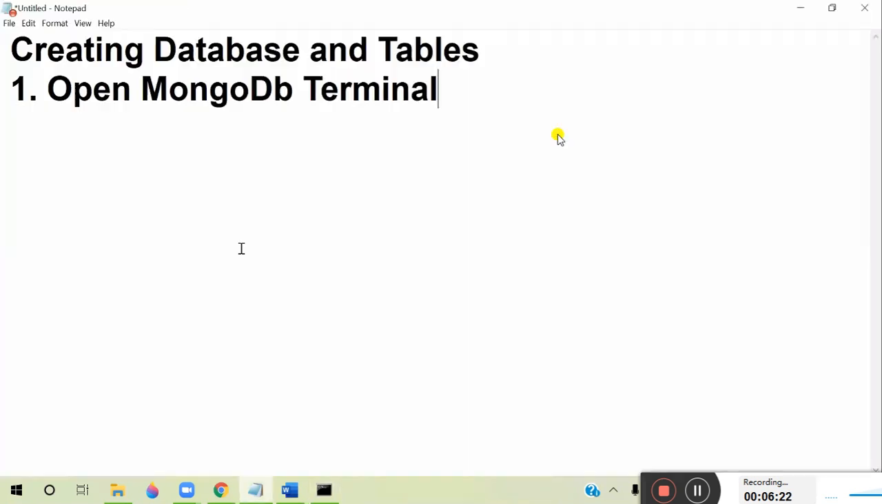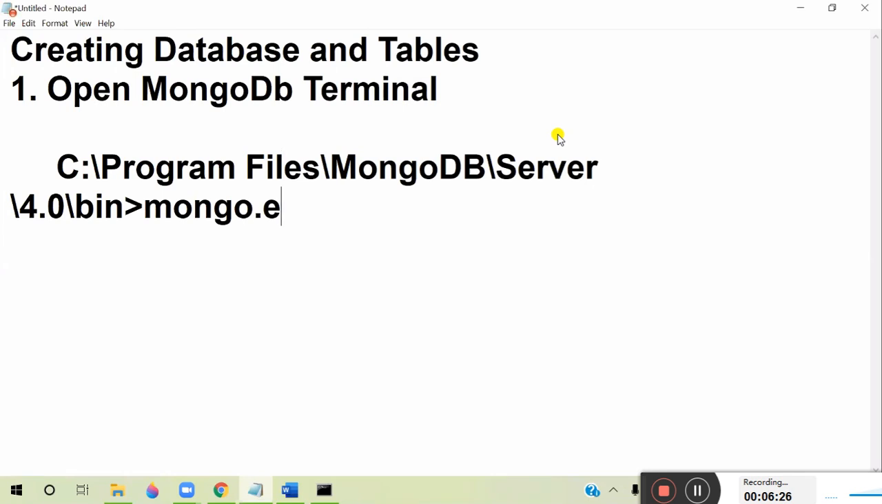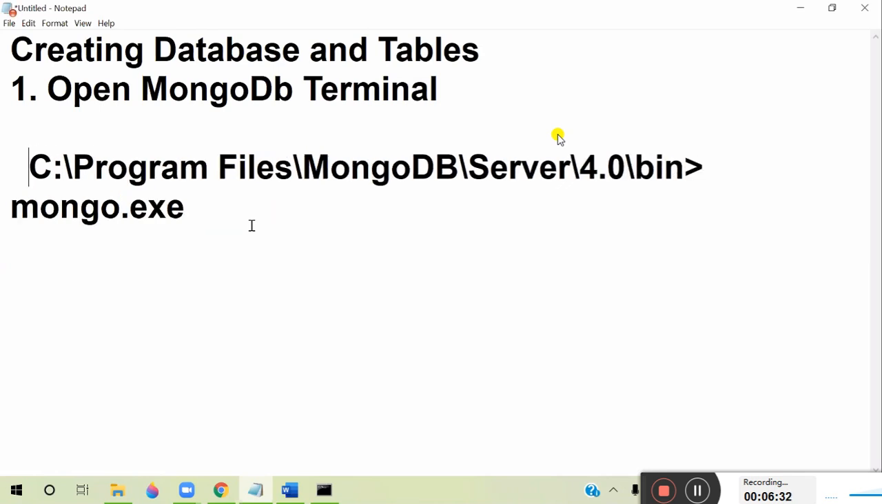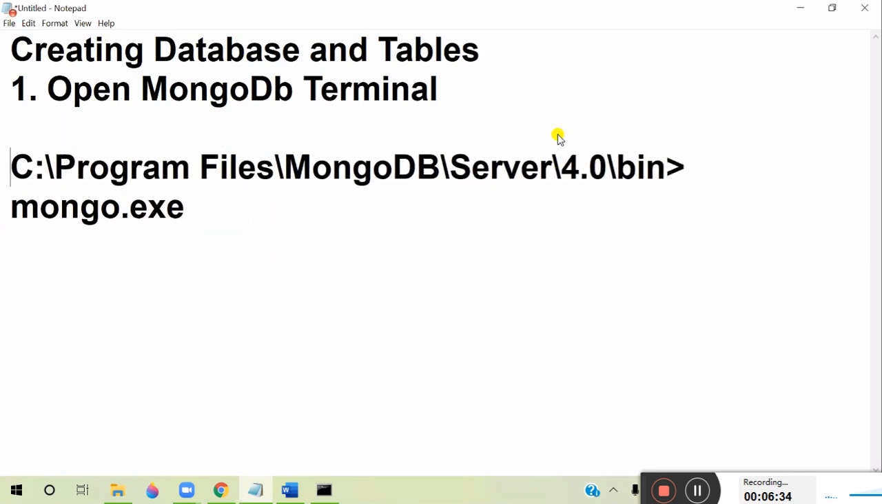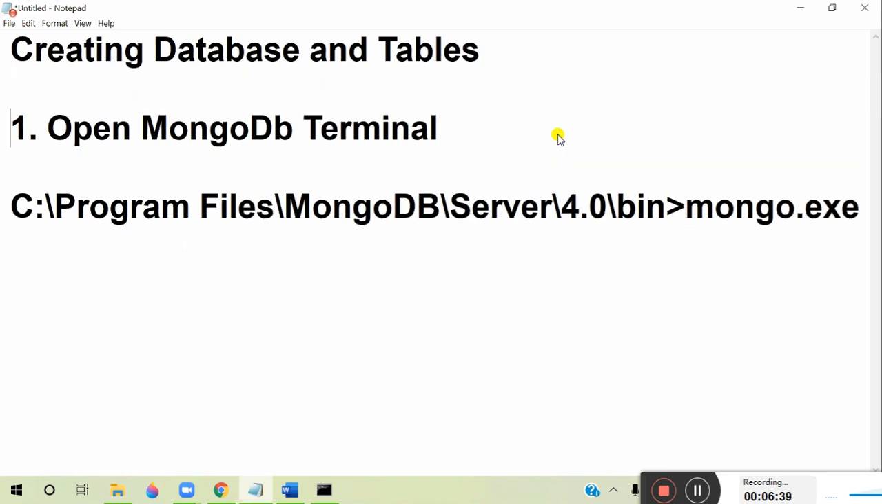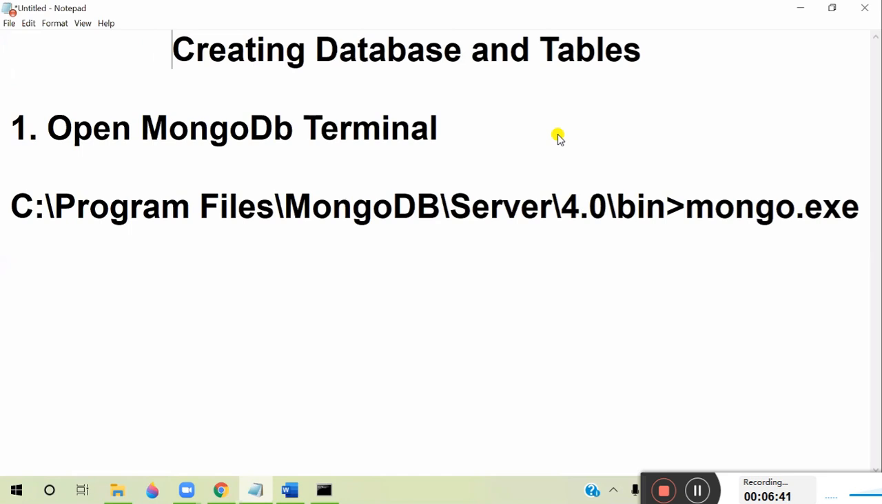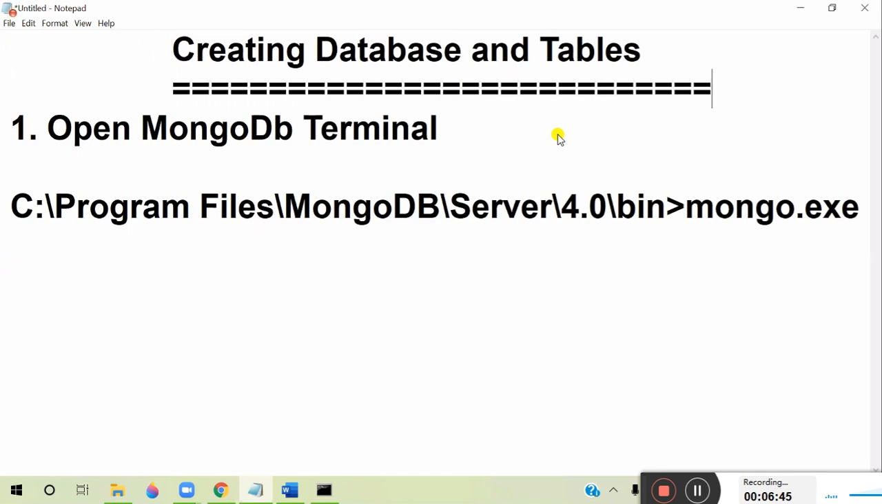At this path you have to open this terminal. Yeah, you have to open the terminal. So this is the terminal, right? First open MongoDB terminal. Okay. After opening the MongoDB terminal,